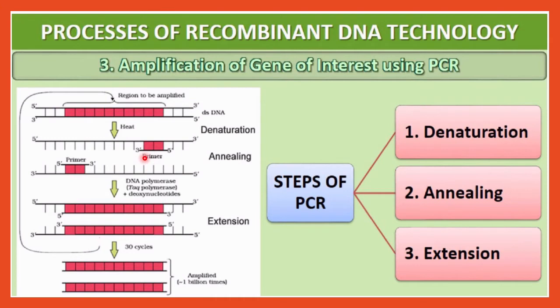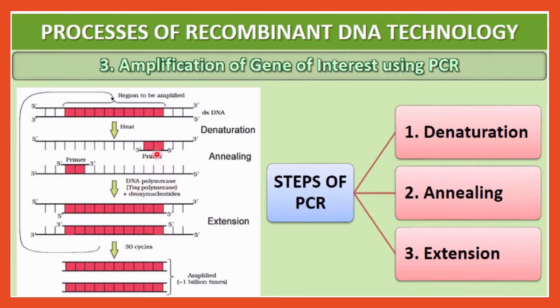As you add the primers, you have to add the DNA polymerase enzyme, that is Taq polymerase, a polymerase enzyme from the bacterium Thermus aquaticus. You also have to add some deoxyribonucleotides. Here you are synthesizing DNA, so you will require adenine, guanine, cytosine and thymine. You know very well DNA is made up of nucleotides, so you have to artificially add the nucleotides inside the test tube. So the DNA polymerase enzyme you should add.